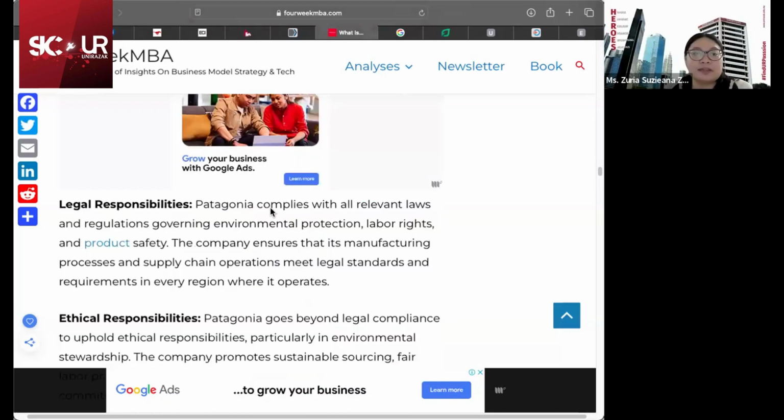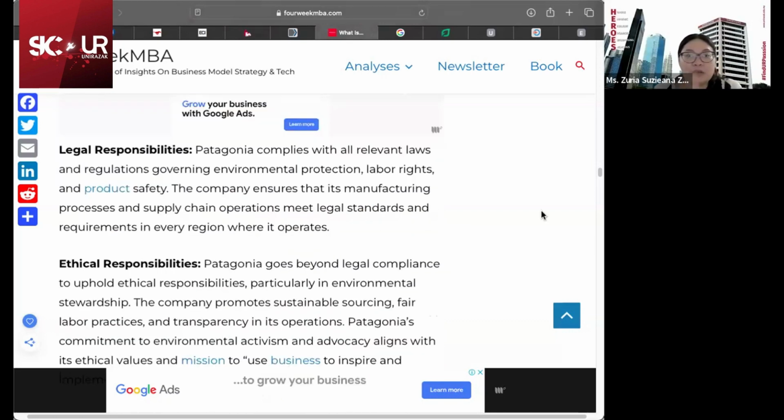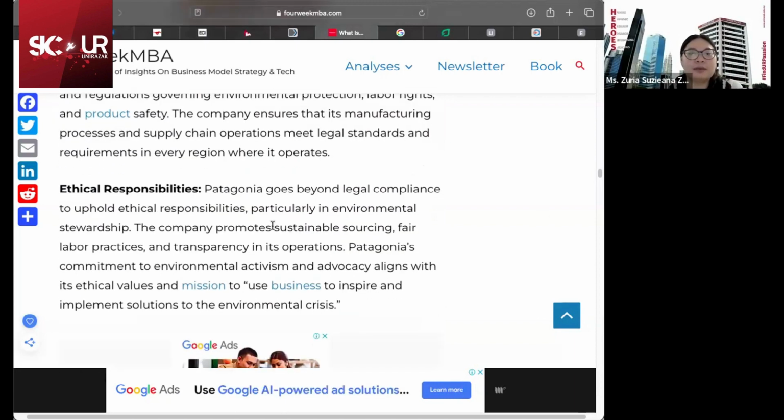All right, so under legal responsibility, they comply with all relevant laws and regulations governing environmental protection, labor rights, and product safety. So they also make sure that manufacturing process and supply chain operations meet legal standards. Ethical responsibility, particularly in environmental stewardship, they promote sustainable sourcing, fair labor practice. Speaking about